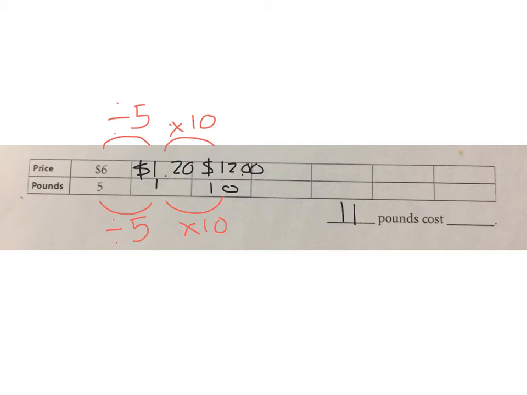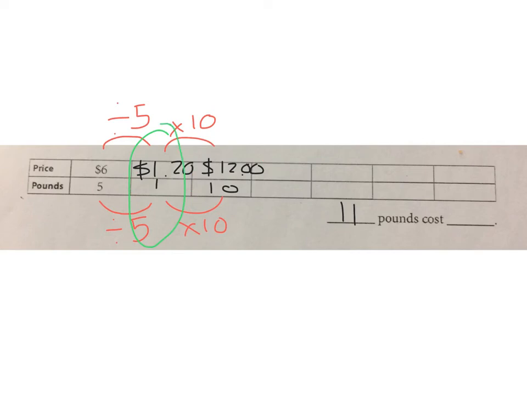Now I'm going to look at the pieces of information I have and how that's going to relate to my answer. So I am going to look at 10 pounds and 1 pound, because if I add both of those together, I'm going to get 11 pounds. So I can add the prices together and get the next number. So I'm going to add